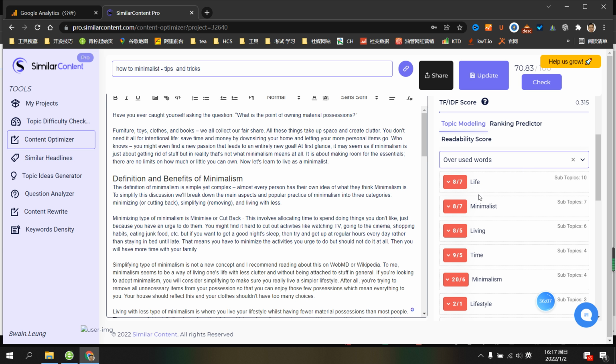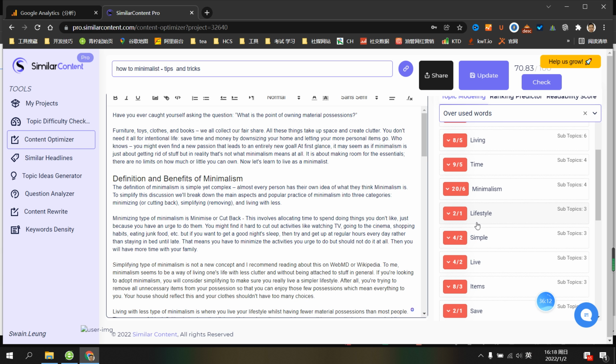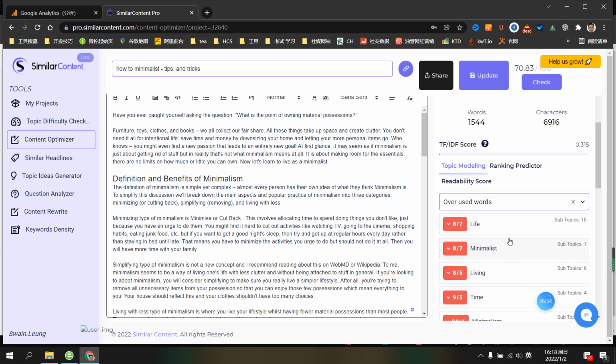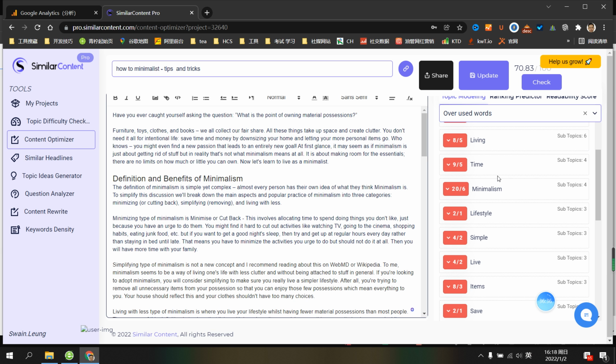Maybe two times above that number. Like minimalist, I can use it 12 times at the top for minimalism in this article. But I might not use it 20 times. It will be very bad for me